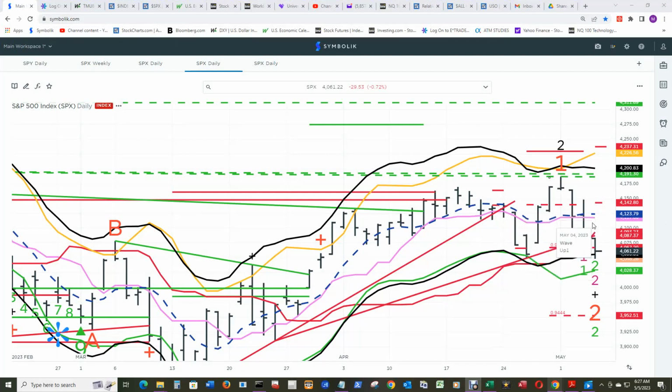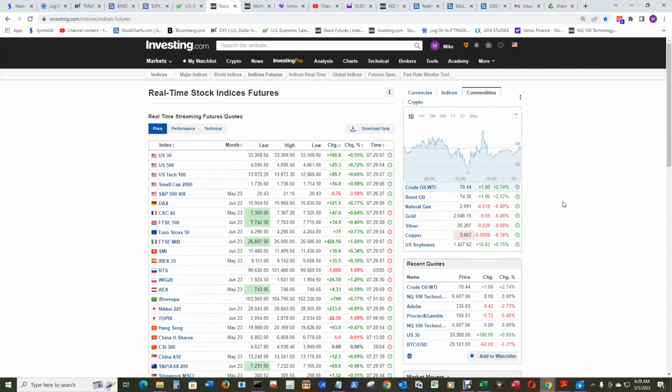And if the baseline crosses back above the conversion line, then we'll be considering that we're in a for real downdraft that could get serious. So the first hurdle is this baseline here, and that's at 4093.23, and price is now at 4091, so it's hesitating right there. It needs to get above 4093.